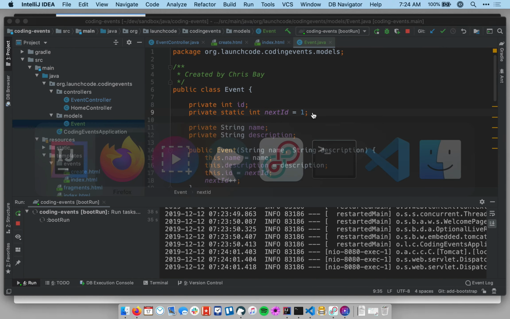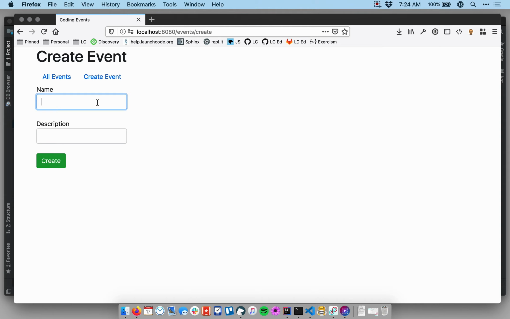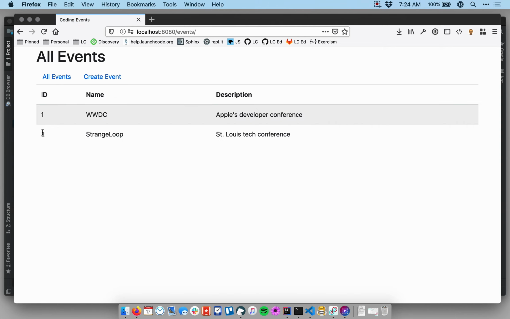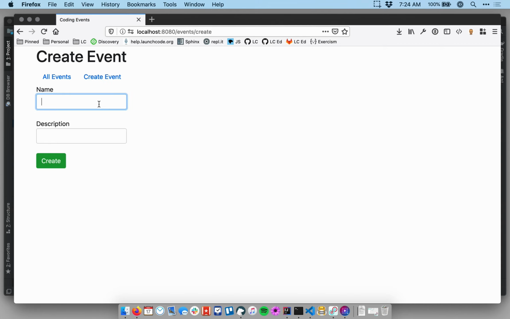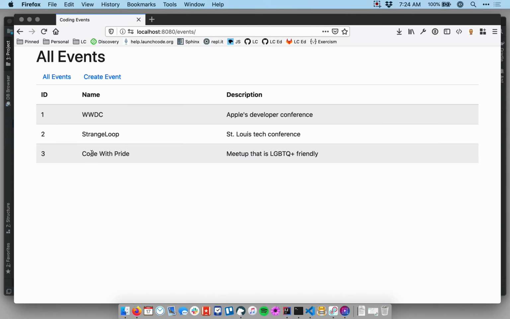If everything works correctly, I should be able to create a second event and see that that event has ID 2. Great, that works. Just for fun, let's create a third event. All right, Code with Pride, the LaunchCode meetup there. It's LGBTQ+ friendly. So we've got 3 events here now, and each has a unique ID because that counter is